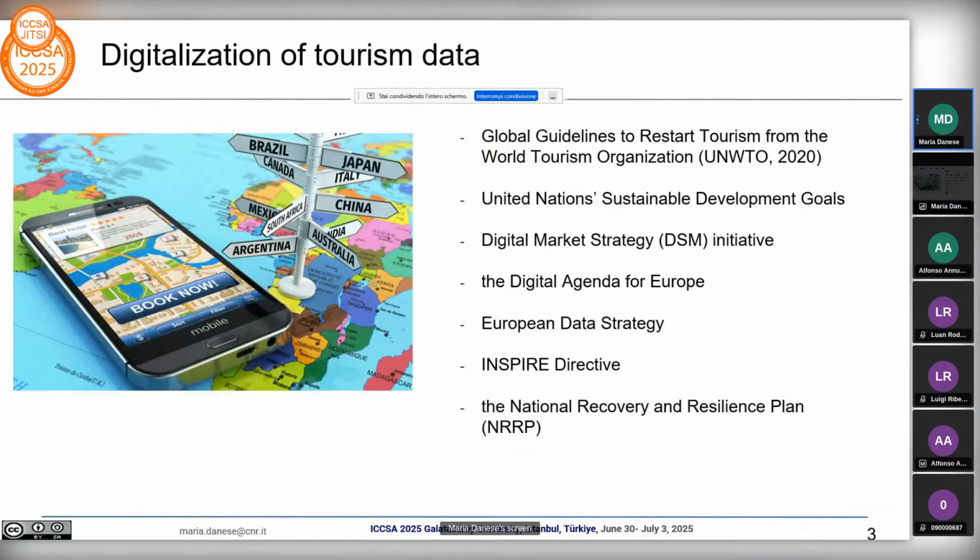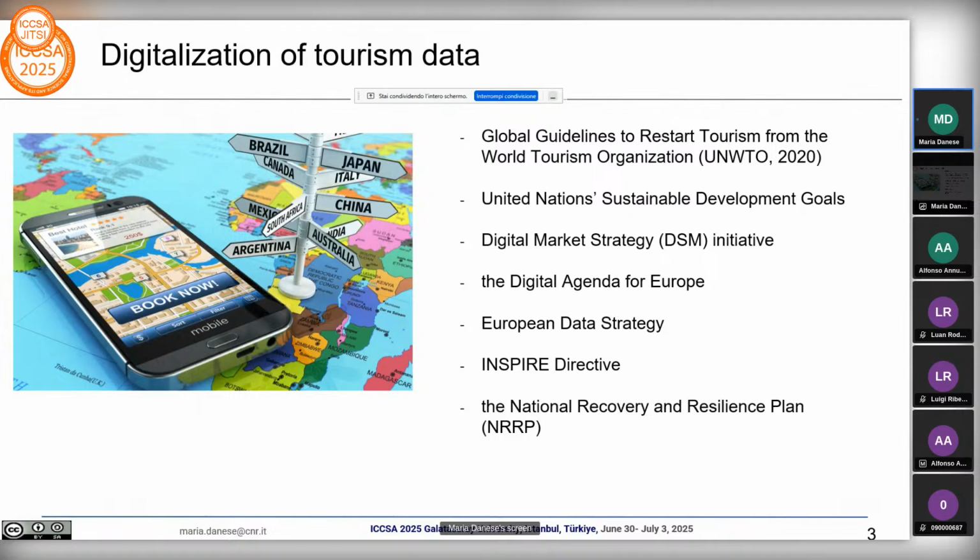To use digital tools in tourism, firstly, we need a strong base of digital knowledge. This means having good data and information about the tourism sector. Many tools and technologies work only if this data is available. Because of this, many national, European, and global organizations have started creating laws, guidelines, and projects, as you can see